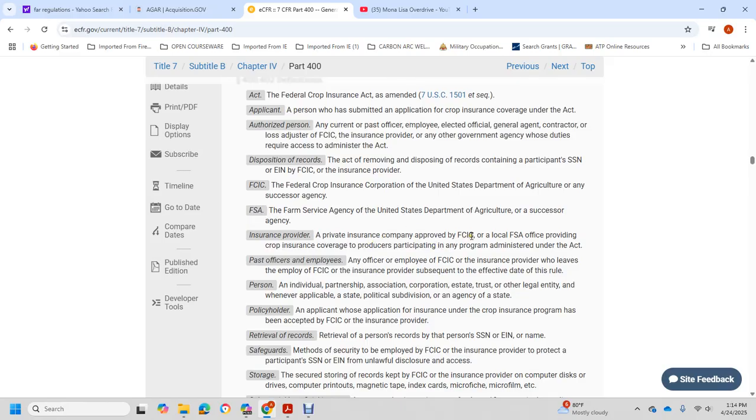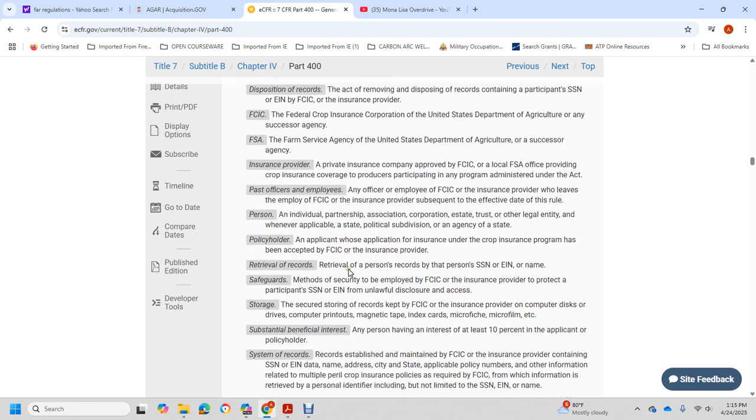Insurance company with the Federal Crop Insurance Corporation, federal or local federal farm service agency for providing with the crop insurance cover the producer and participating in the program administrator of the Act of the Post Office of the employee of any officer employed of the Federal Crop Insurance Corporation insurance provided for the head of the employee of the Federal Crop Insurance Corporation insurance provided subsequent to the effect of the date of the rule of the person involved,